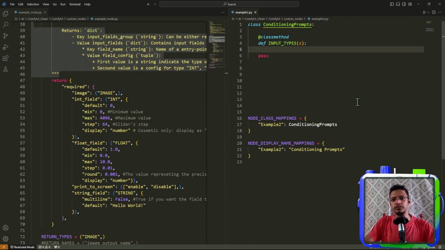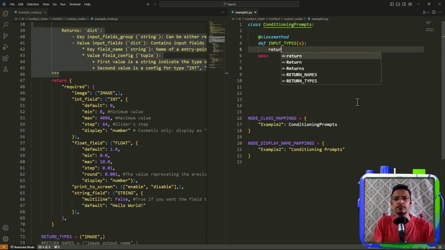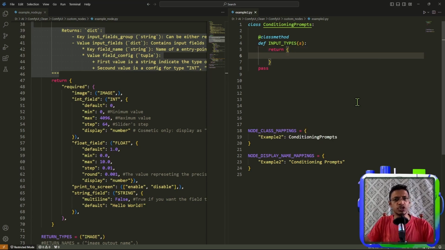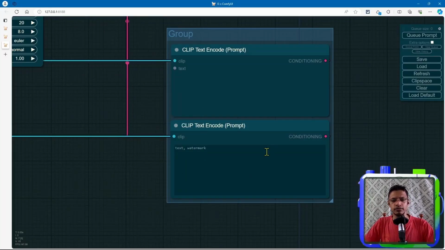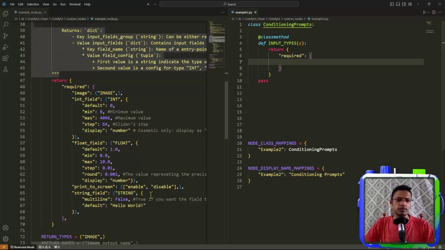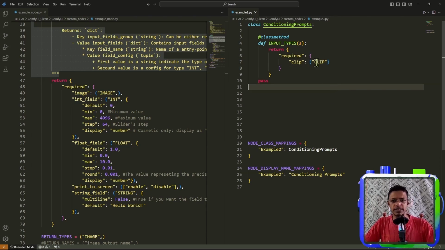Basically, what you need to do is to return something. You need to return, in this case, a dictionary. And we can have optional as well as required fields. The first thing would be required. This also is a dictionary. And if you go in here, we need clip. Now, I already know that in ComfyUI, the clip is actually called CLIP like this in all caps. But if you don't know how